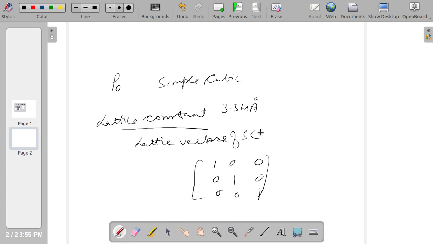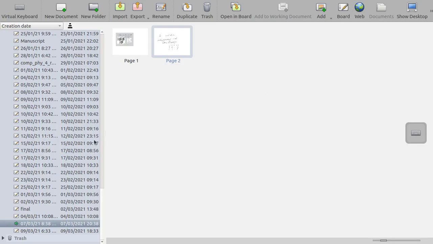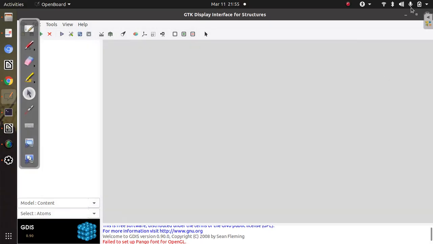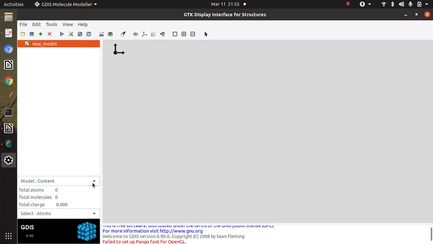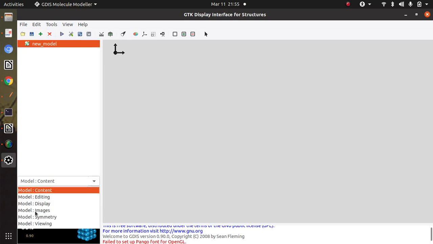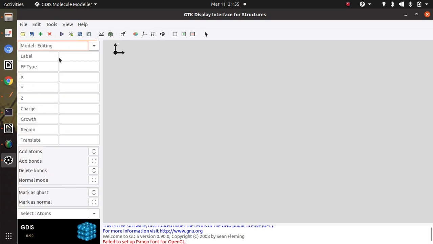So I am going back to GDIS. Here I open the GDIS interface and go to new model. I take one atom, go to model editing, add one atom on the screen and label it as polonium, because I am going to talk about polonium, and then enter.